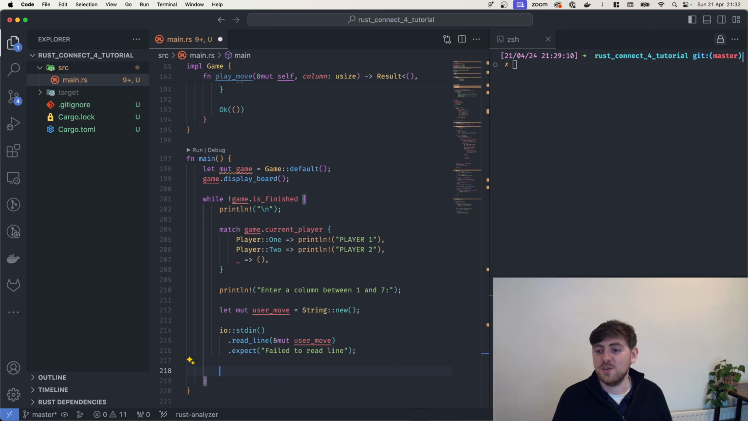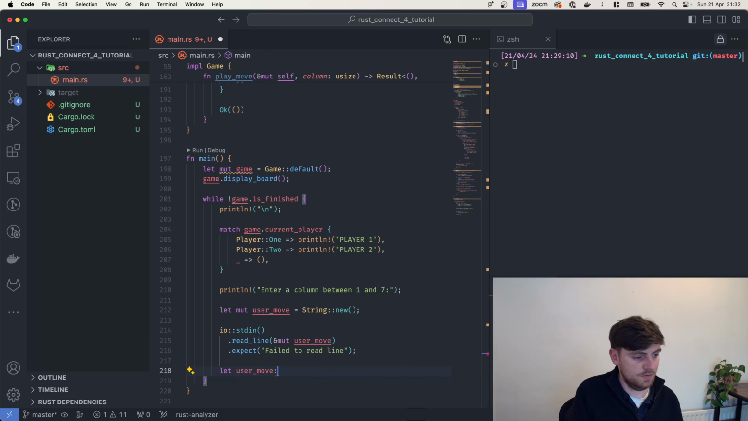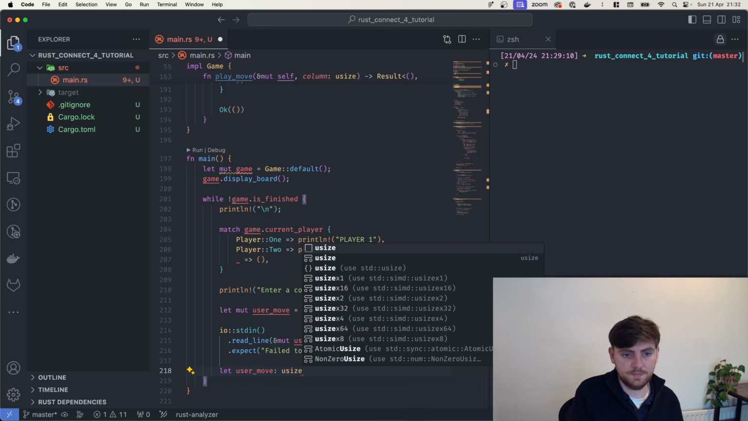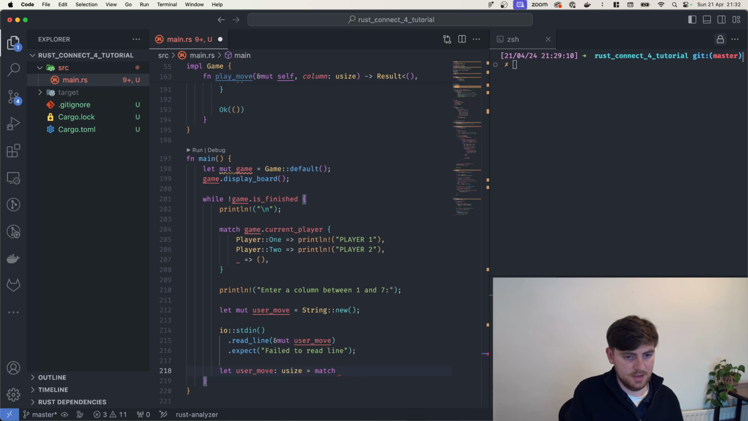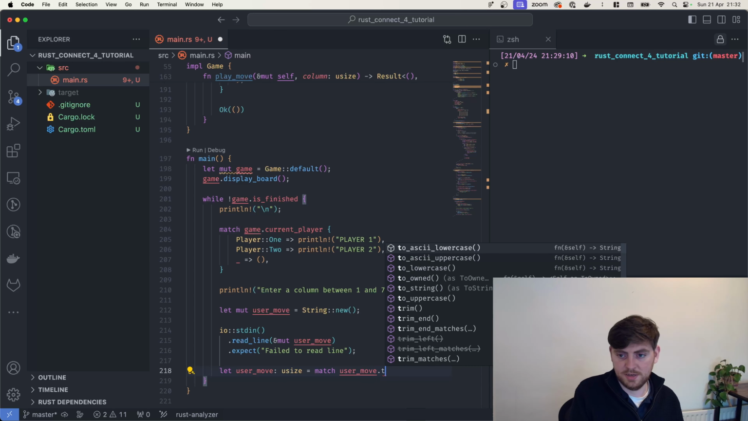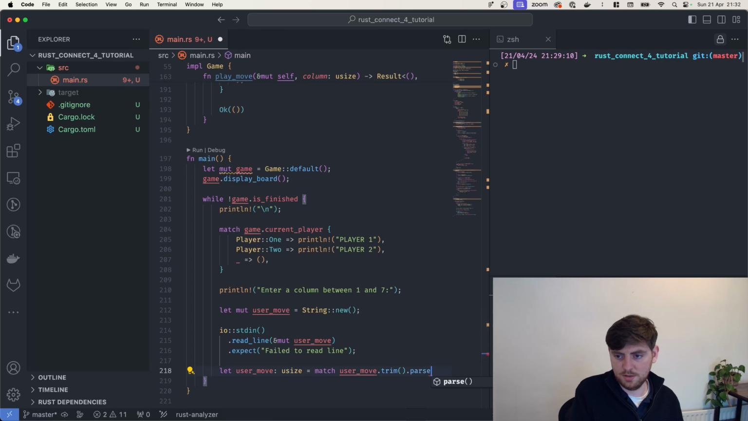Next, we want to turn our user move into an integer that we can actually use. And we'll need to handle if the input contains something unexpected, like a letter, or if it contains spaces, we can trim those out. So we'll let user move. This time it is an unsigned integer. And we will match the user move once it's been trimmed and also parsed into an integer. If this parse isn't successful,